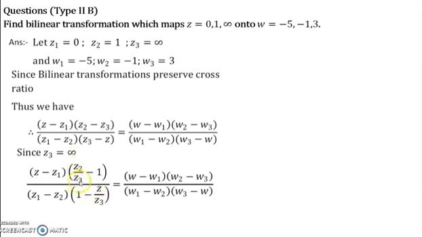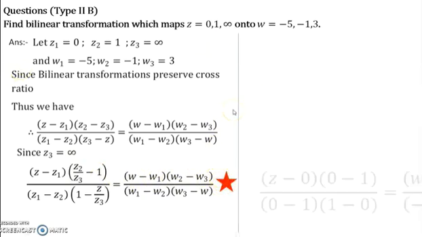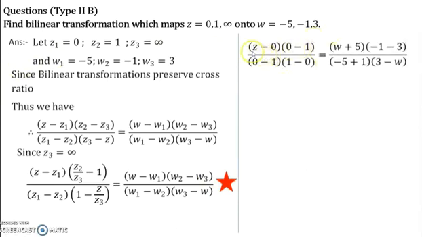In the w terms there is no infinity, so you maintain them as they are in the formula. Next, this is very important. Whenever a given point is infinity, we must eliminate that particular point. For that we either take it outside or divide by that particular point, the corresponding terms. Next I substitute the given points into the starred formula. While replacing z3 equal to infinity, anything divided by infinity is 0, I will get 0 minus